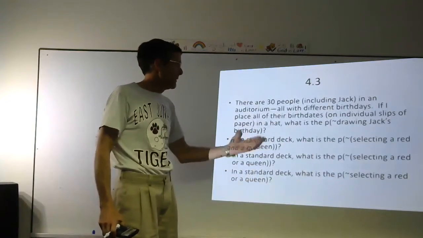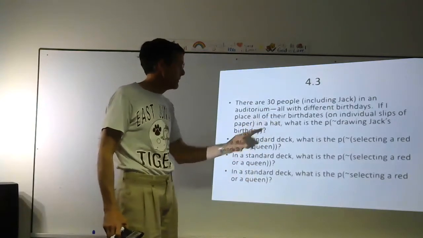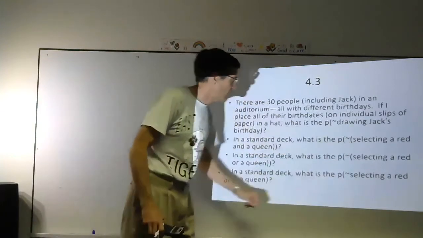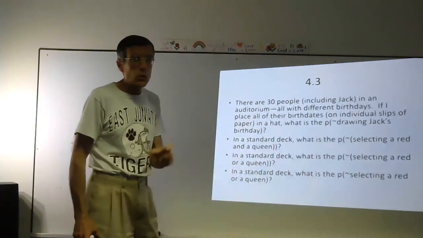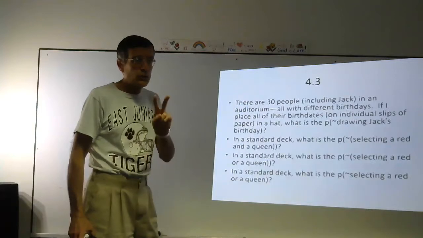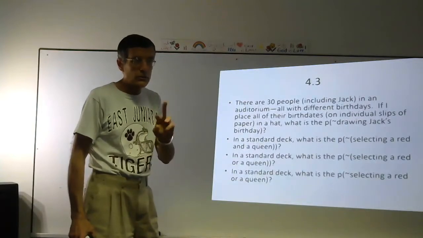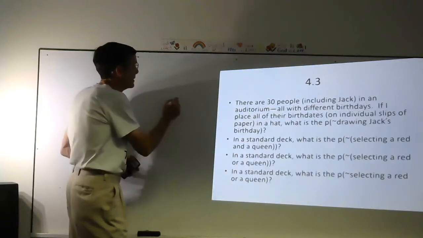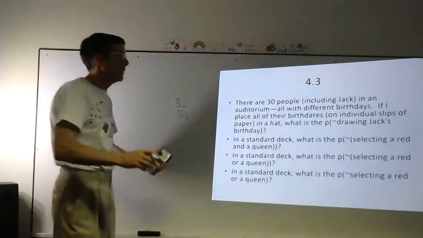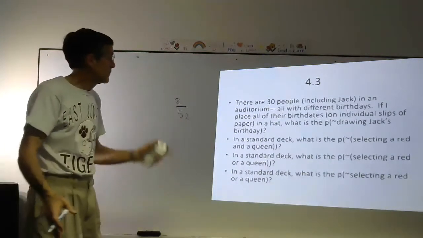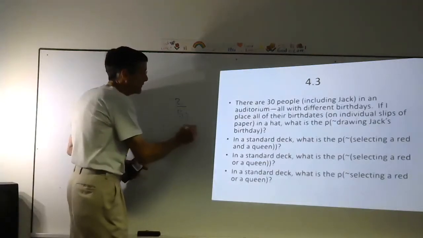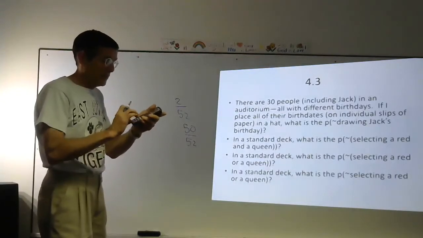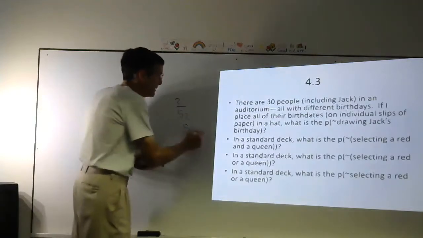What is the probability in a standard deck of not selecting a red and a queen? So let's go inside to the inner parentheses. Getting a red card and a queen. There are 2 queens that are red: queen of hearts, queen of diamonds. So getting a red and a queen is 2 out of 52. So of not getting it, subtract, would be 50 out of 52 for all the rest, right? And 50 divided by 52, 96%